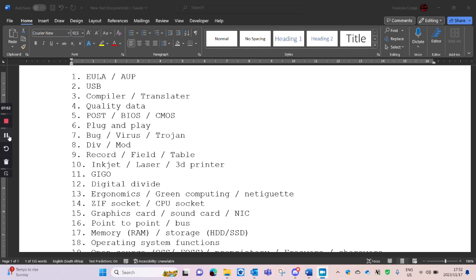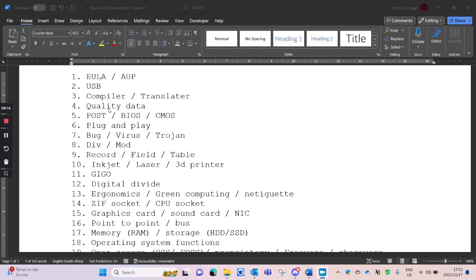Verification is afterwards, to check that the information is correct and complete and so forth. So somebody physically checks the stuff. To ensure quality data, you can use verification and validation.